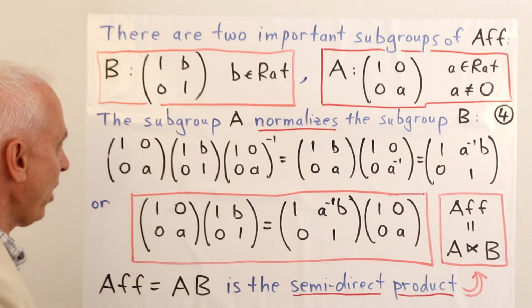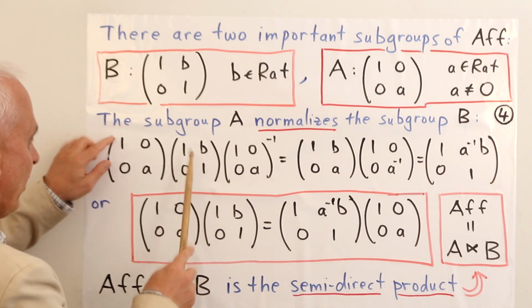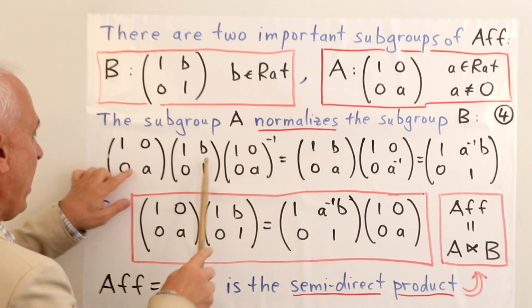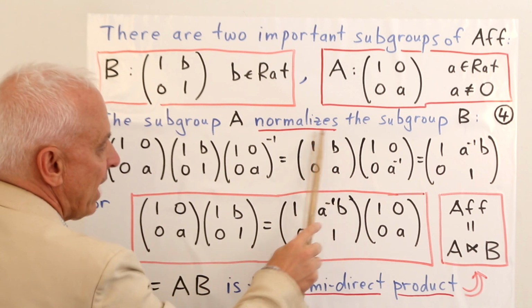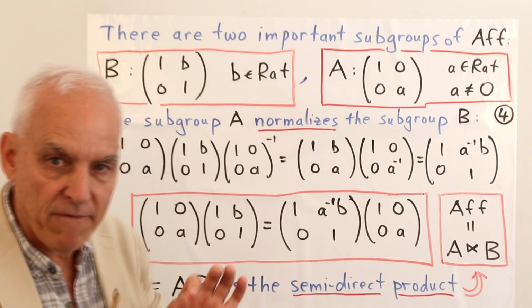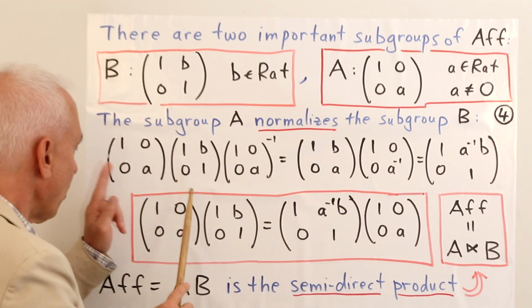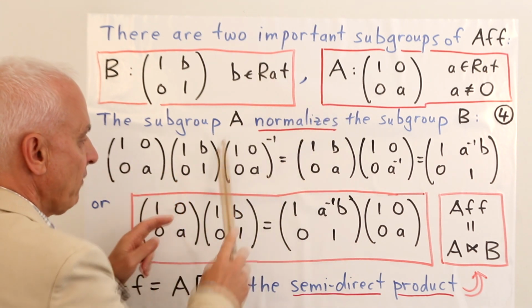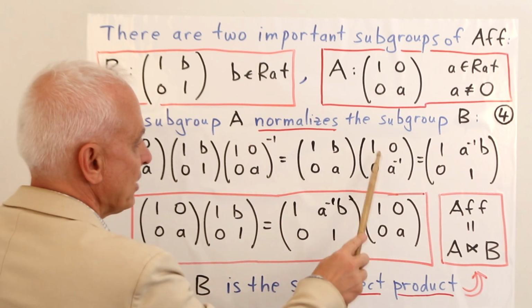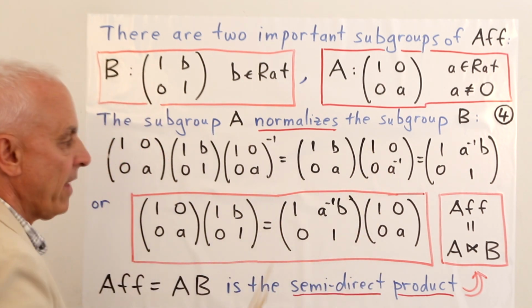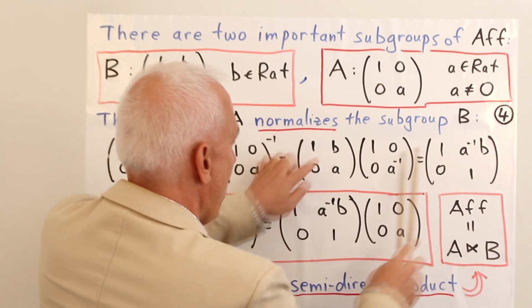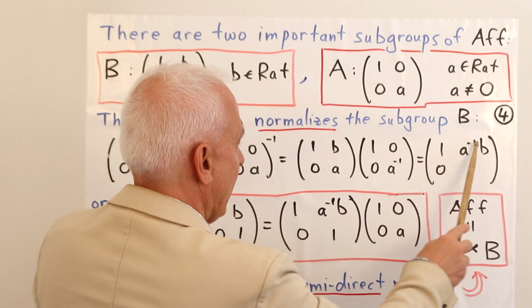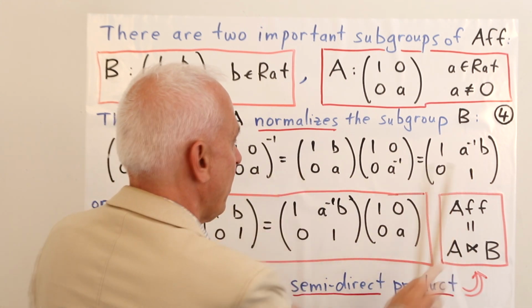So if we take this product, let's do this product first. Well, that's 1, 0, B, 0, 0, and A. So in fact, we get the general element in our affine group by taking a product of this element from A and this element from B. Now the inverse of this element here, this matrix, is 1, 0, 0, A inverse. And then when we do this product, we get 1, 0, and here B times A inverse, or A inverse B, and the bottom here, just 1.